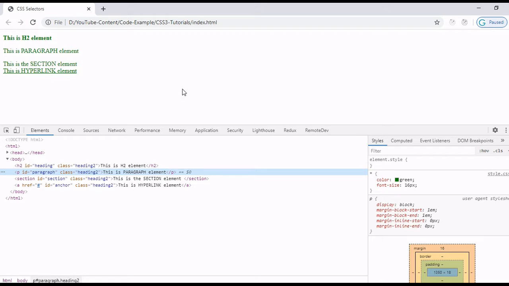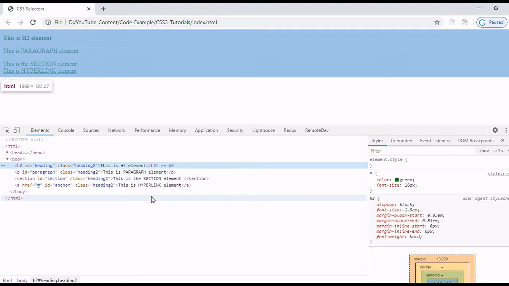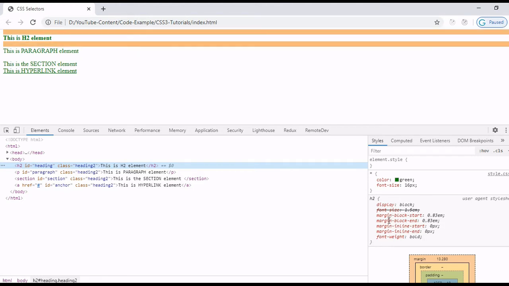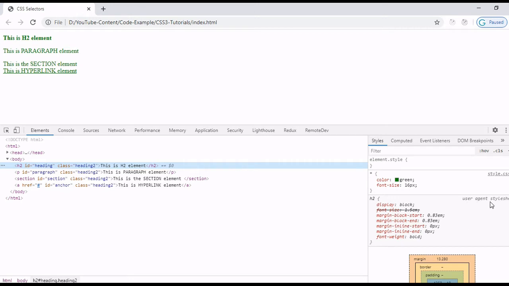You can check this default styling in the browser. Just select any element. You can see we have given just this CSS rule in our CSS file, but below you can see some more CSS properties already coming here. And here you can see user agent style sheet.